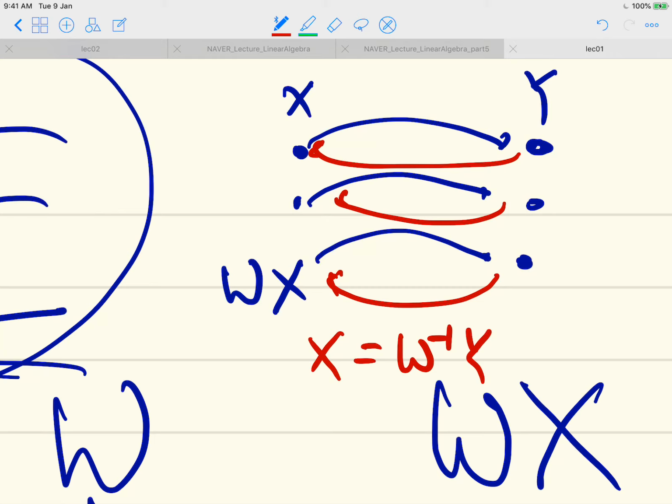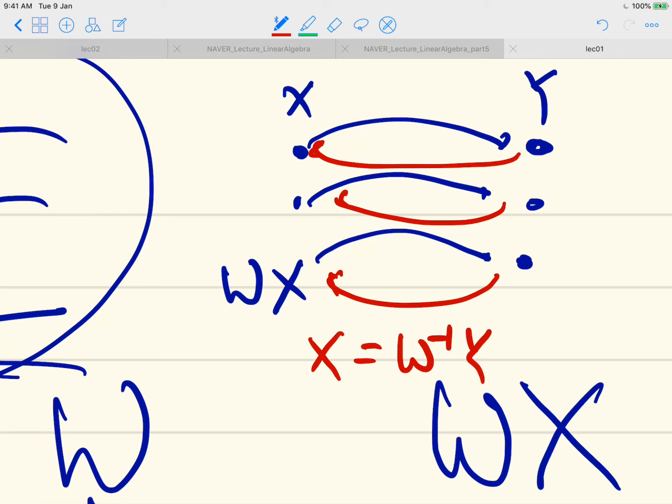But for any given input, if we can find another matrix W inverse that can always send the output back into the original input,